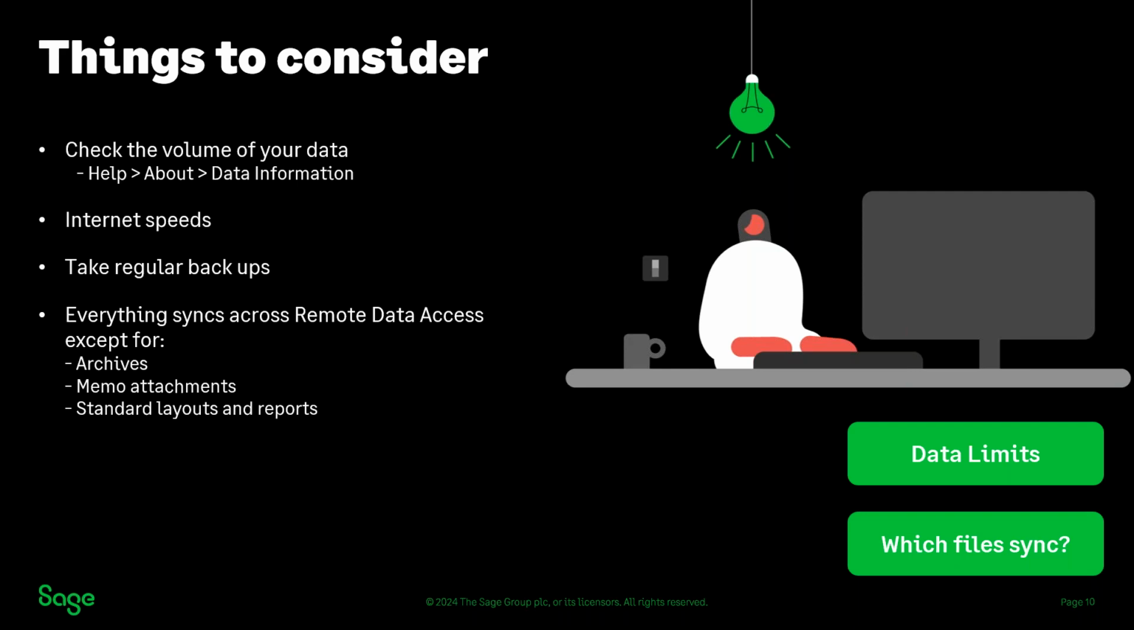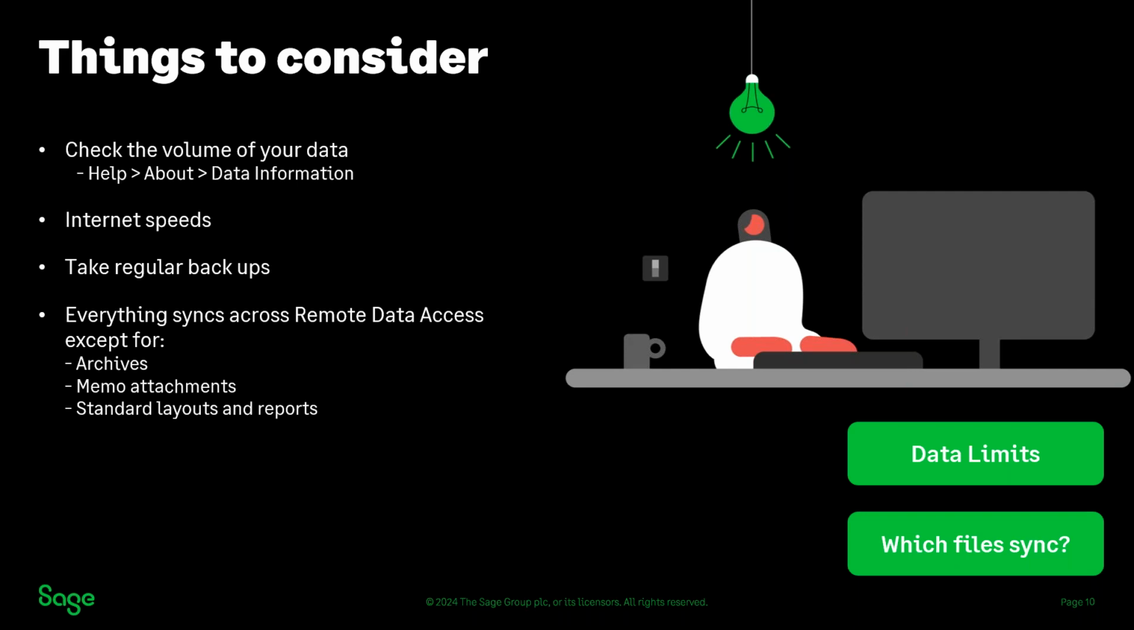You want to check the size of your data. You can do this by going to Help and About, and under Data Information, you want to check the number of splits that you have. Splits are the number of transactions you have in the Transactions module. We recommend having fewer than 250,000 splits, but you also want to be checking the number of invoices, orders, and